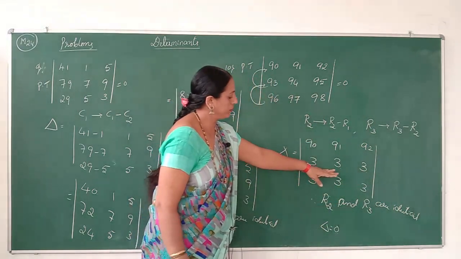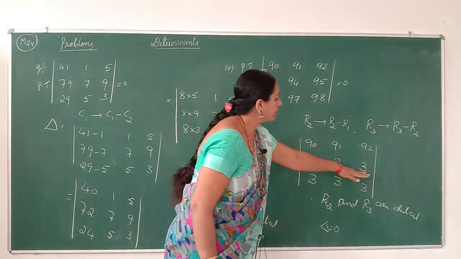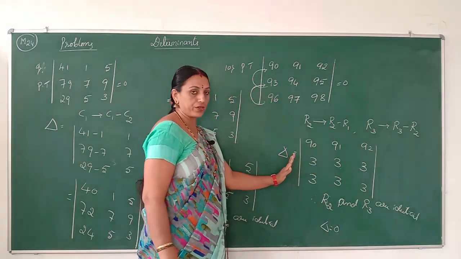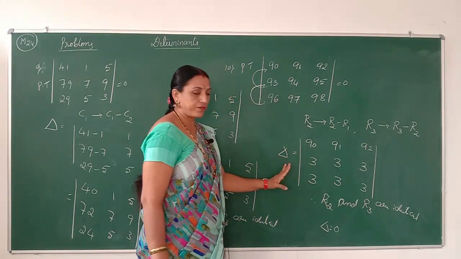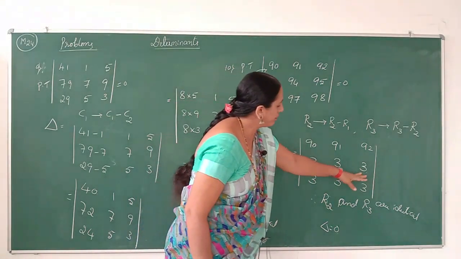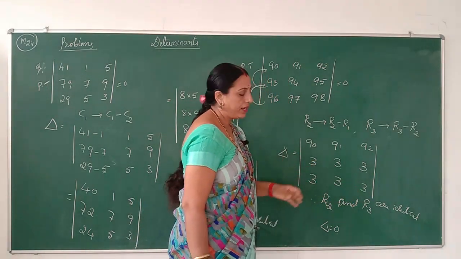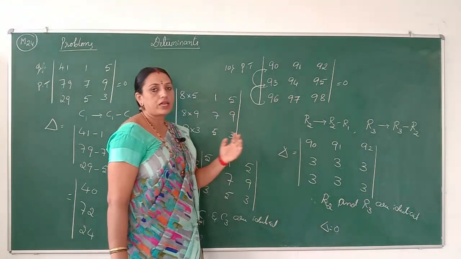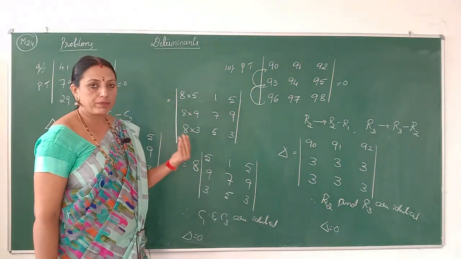And that is also possible by another method. Now 3 is a common factor from the second row and again 3 is a common factor from the third row. Again 1, 1, 1, 1, 1, 1 will be remaining. Again, comparing with each other, the elements of the second and third rows will be identical, so the determinant is 0.